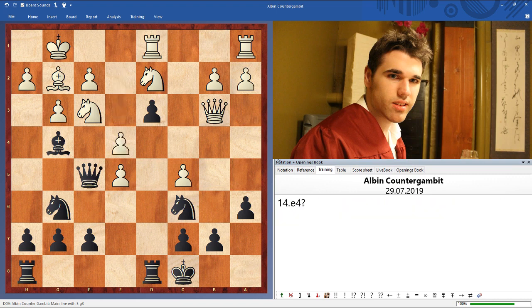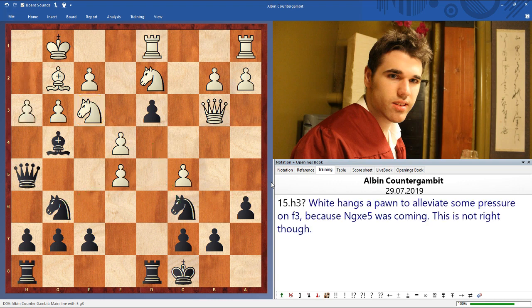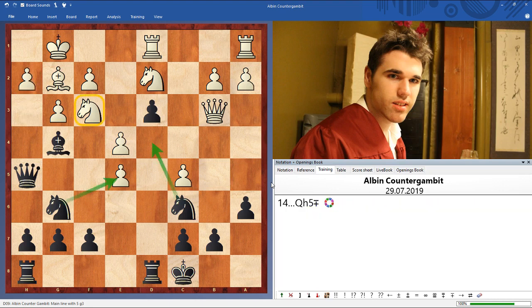But after e4, there's queen h5, and the issue is there's severe pressure on f3 as the knight can go to d4 and e5. White even played h3, sacrificing a pawn to alleviate some pressure on f3. Because after rook ac1, you can play knight takes, and black is in great shape. So instead it was h3, take,